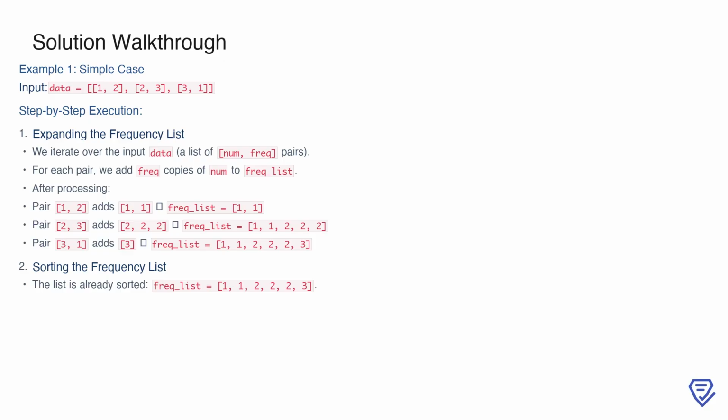The first step is to expand this into a frequency list. To do this, we iterate through each pair in the input. For the pair 1, 2, we add 2 copies of 1 to the frequency list, giving us 1, 1. Next, the pair 2, 3 adds 3 copies of 2, resulting in 1, 1, 2, 2, 2. Finally, the pair 3, 1 adds 1 copy of 3, giving us the final frequency list 1, 1, 2, 2, 2, 3. Since the numbers were added in ascending order, this list is already sorted,